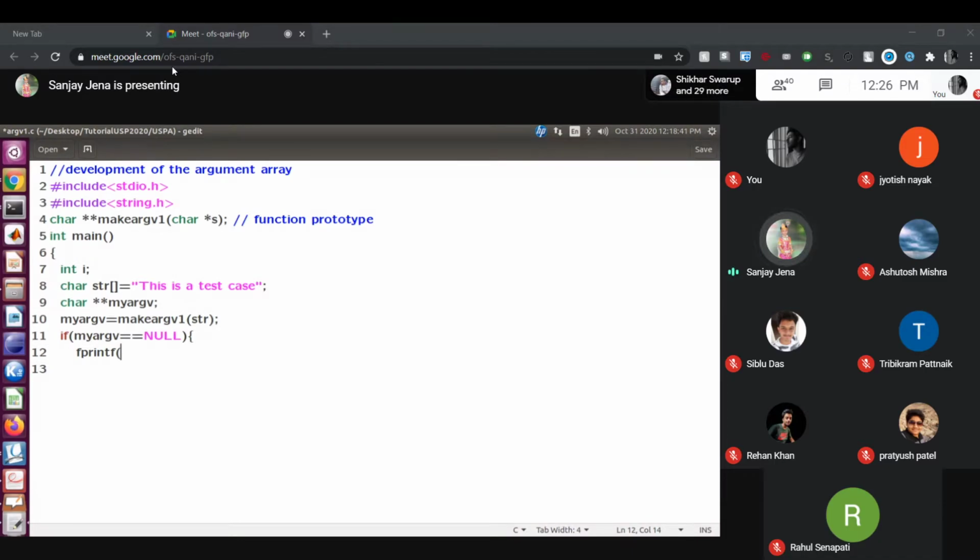Have I discussed fprintf? No, sir. Then better we make printf. Printf, put the error message: failed to create the argument array.